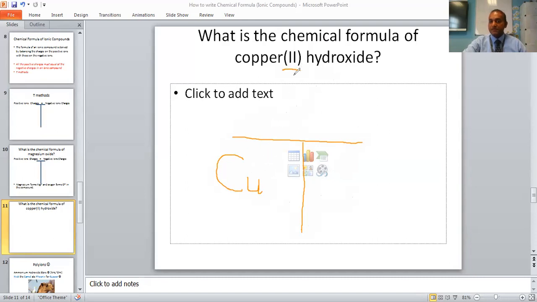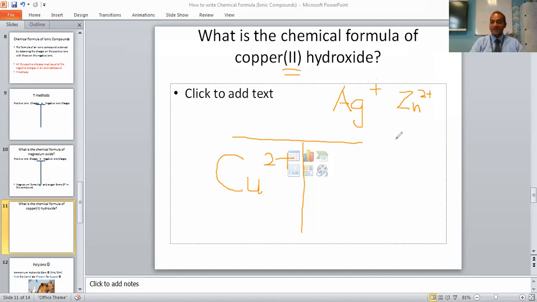For all those elements in the transition group, usually the Roman numeral here gives you the charge. So if it is 2, it means 2. For all transition elements, we have to look at the name of the compound and see what the Roman numeral is, except for silver and zinc. Silver is always plus, so it's easy to remember. Silver is the first alphabet, always plus, and zinc is the last alphabet, always 2+.